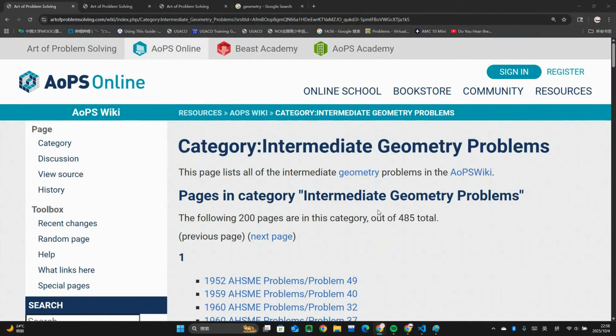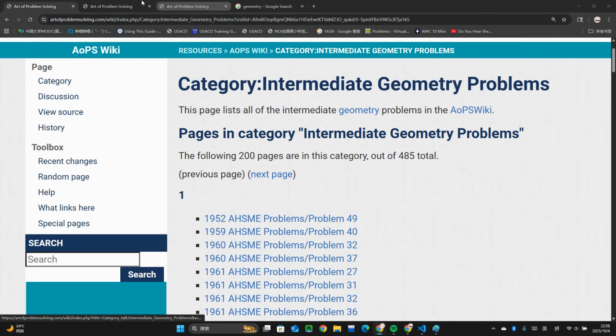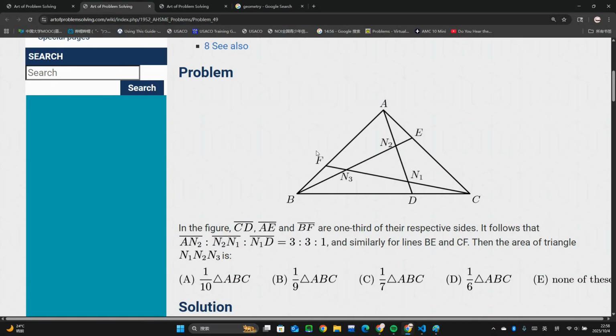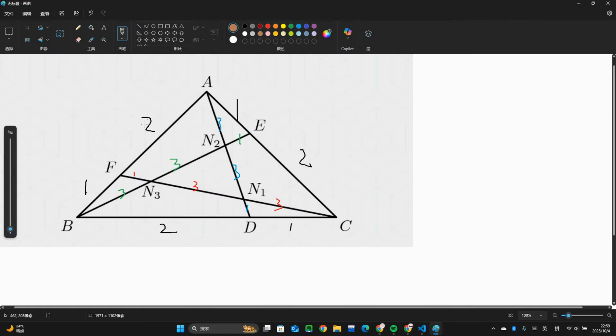Hello guys, today we're looking at the intermediate geometry problems on AoPS, and I'm just going to do the first two today. So the first one, we have this triangle ABC, and then it gave us the ratio of the sides, so I already got them out on the drawing board. As you can see, it's 2 to 1, 2 to 1, 2 to 1 on the three sides, and then 3 to 3 to 1, 3 to 3 to 1, and 3 to 3 to 1 on